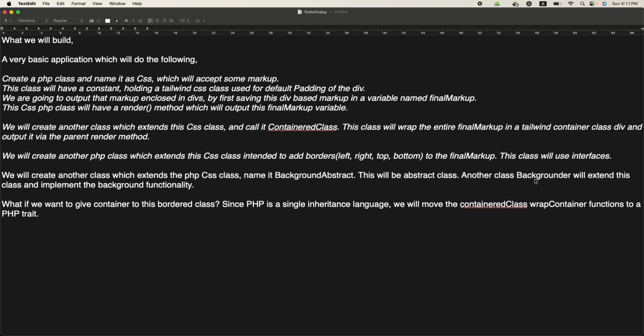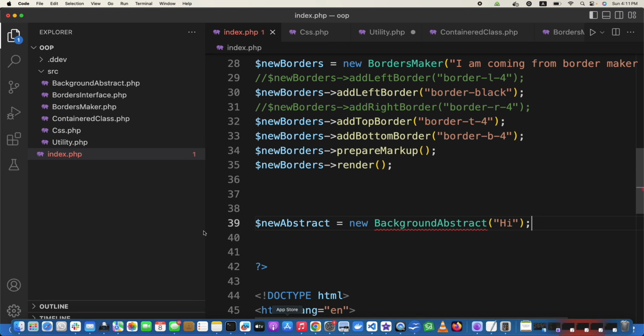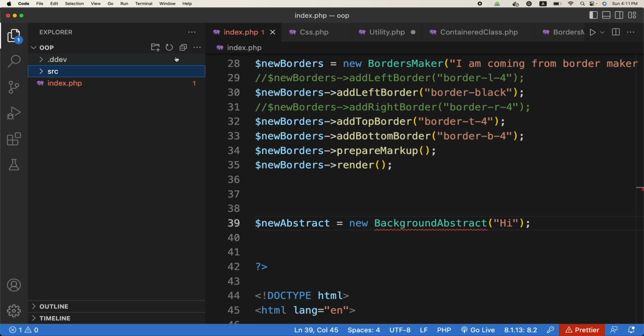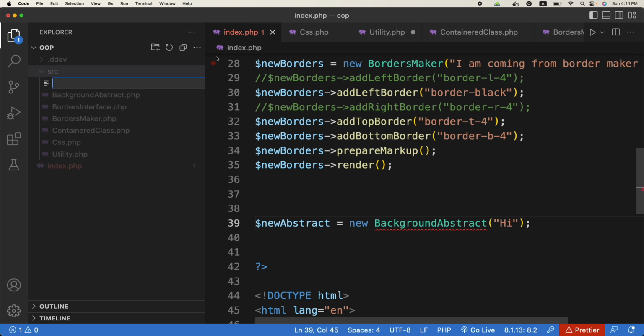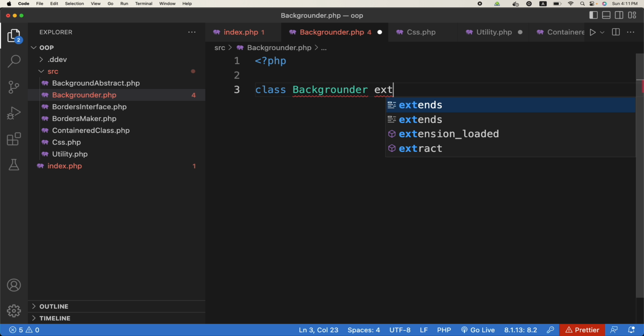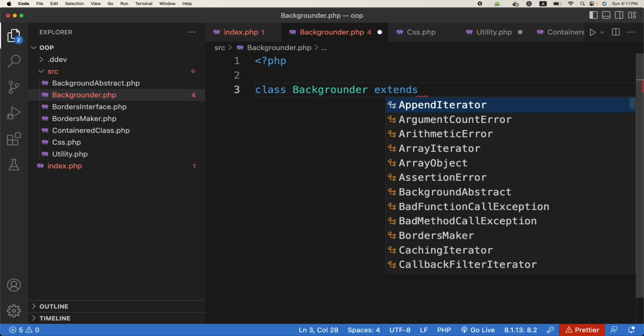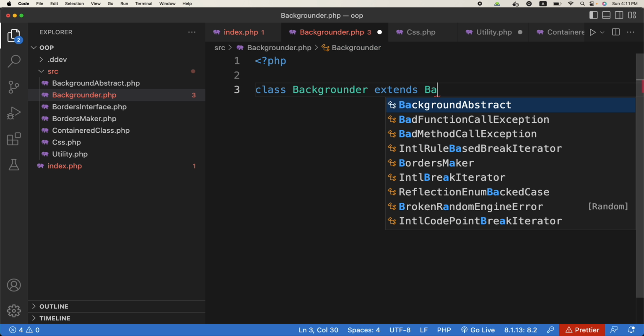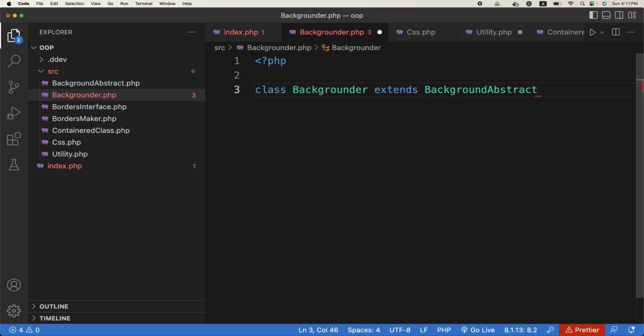Another class, backgrounder, will extend this class. So we will create another class and call it backgrounder. This is just a class, and it should extend background abstract. That's it. And since it is also extending CSS,